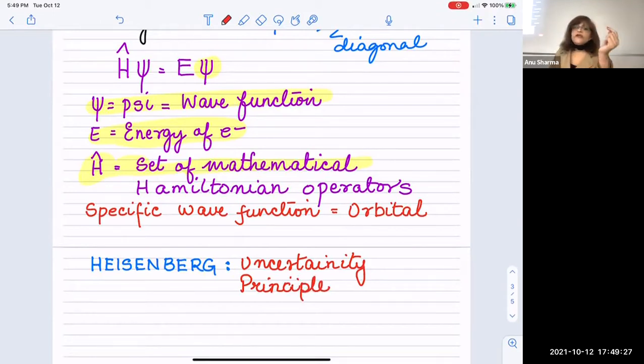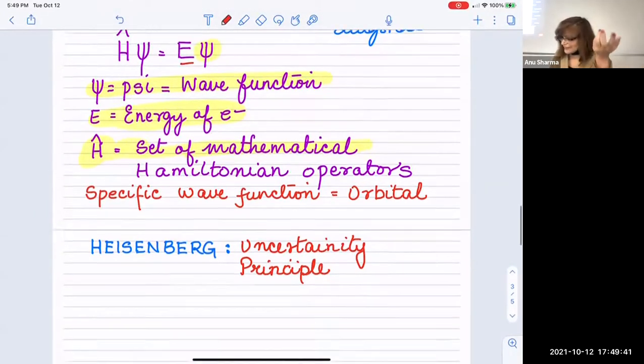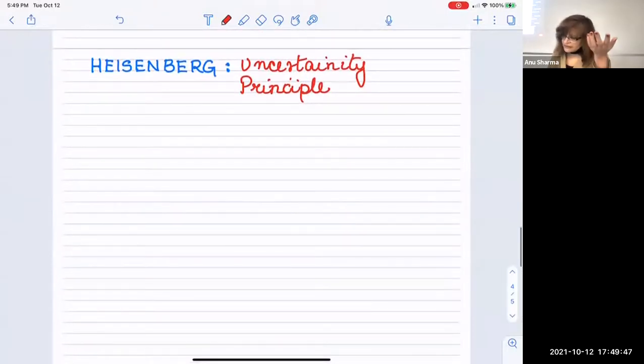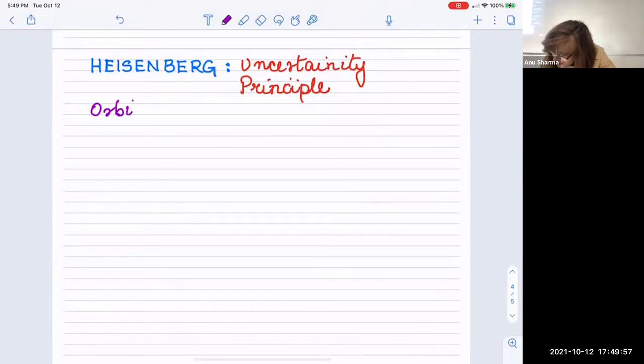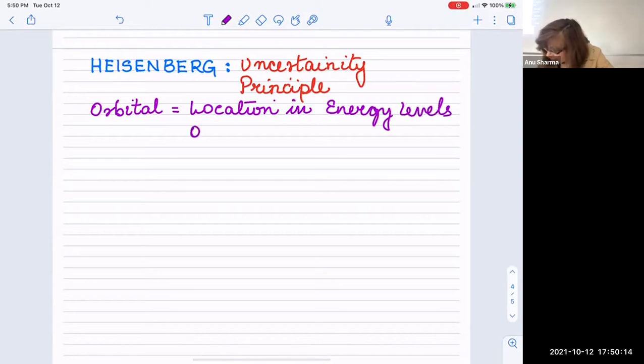We know that the electrons are present outside the nucleus, at a certain distance from the nucleus. We also know that the electrons are associated with some amount of energy. And they are present in the orbitals. That is also fine. But he said it is hard to determine the exact location of the electrons. The orbital is that spot, that location around the nucleus in the energy levels, outside the nucleus,